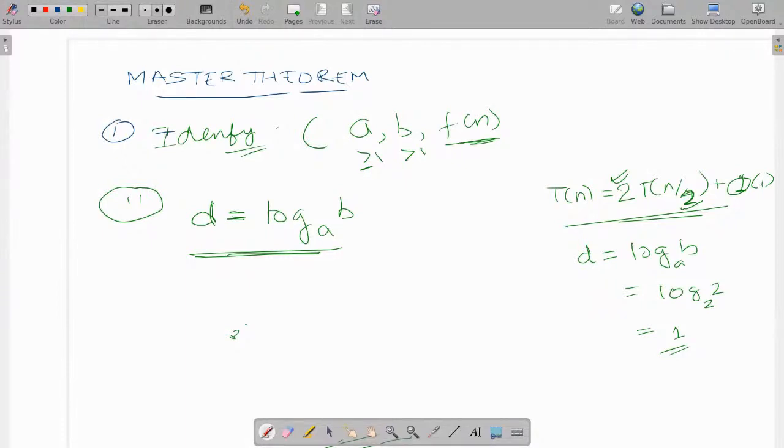Okay, so we now proceed further. After we have the value of d, we note down the value of another variable that we call c. C we already have. And what is c? We will look at this function, this end function out here. What is the end function out here? For c, we will be looking at